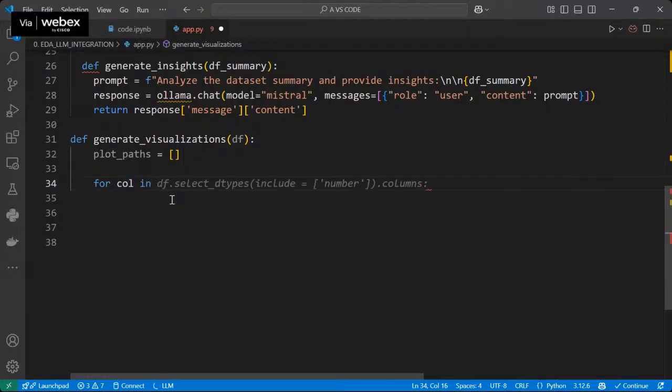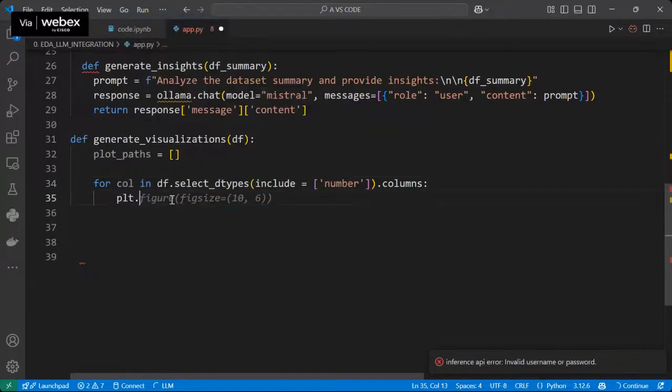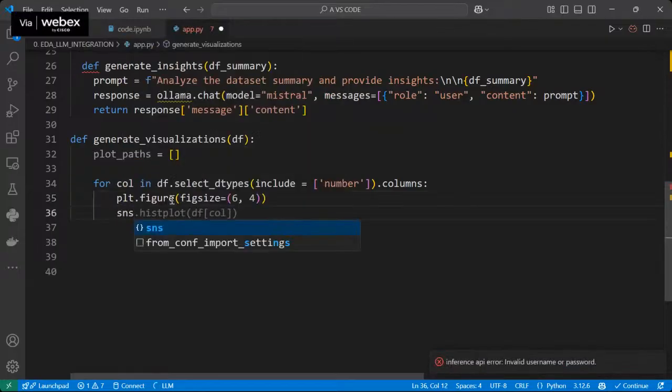For column in df.select_dtypes number columns. All right. And I want to save the figure, and rather than 10, 6, I change the width of the graph to 6 and the height of the graph to 4, figsize, and sns.histplot,